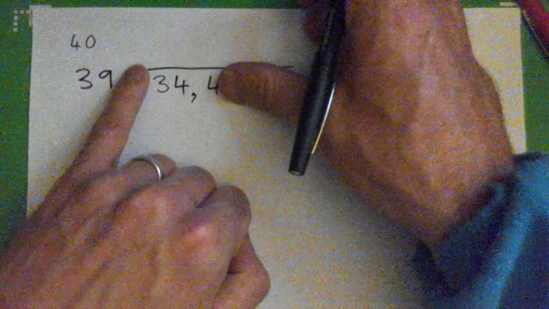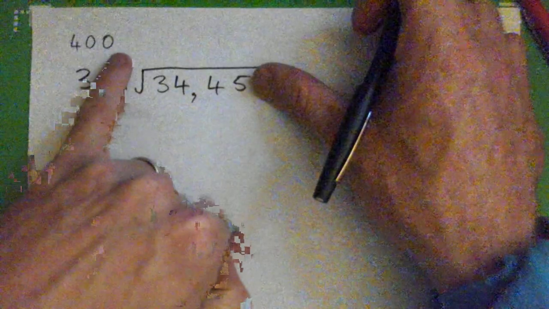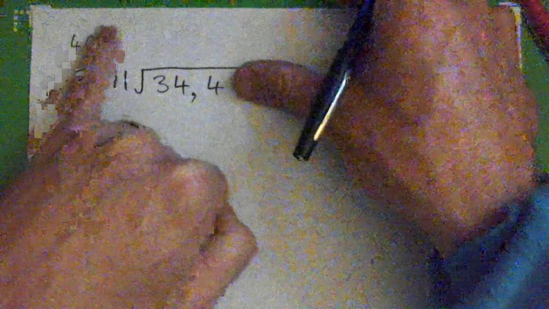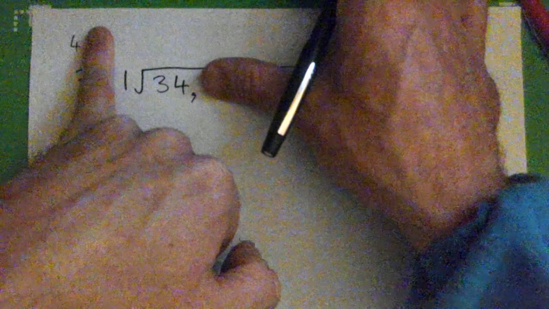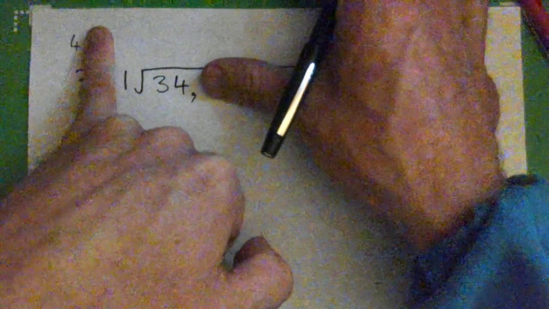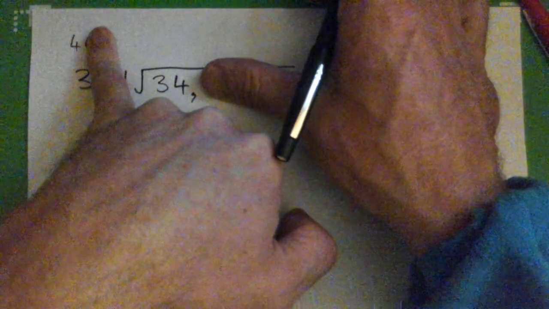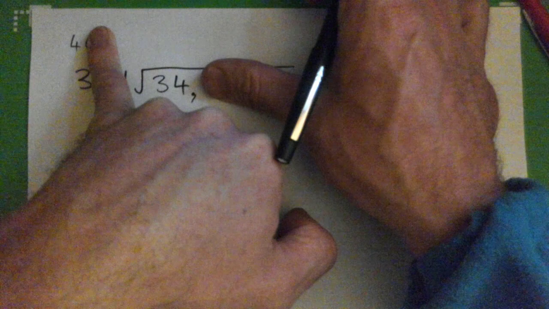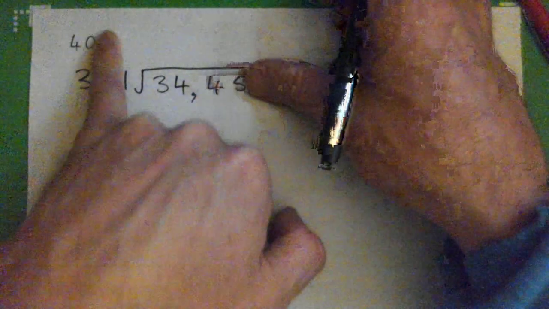What if we think about 400 into this? Let's say, we'll just in our minds think, okay, what about 400 into this? Which would be, block this off, like 40 into that, or block this off and block this off. It's kind of like 4 into 34, isn't it? So what's 4 into 34? Yeah, 8. So 8's a good guess.